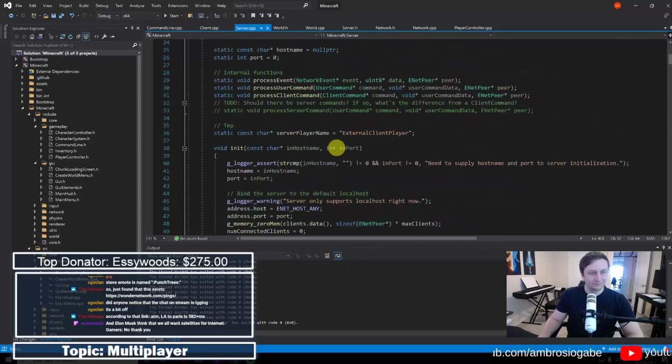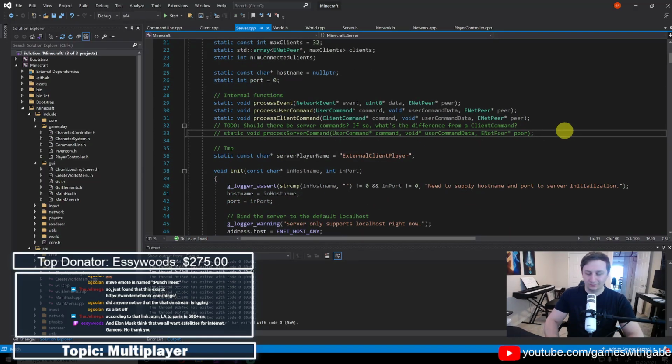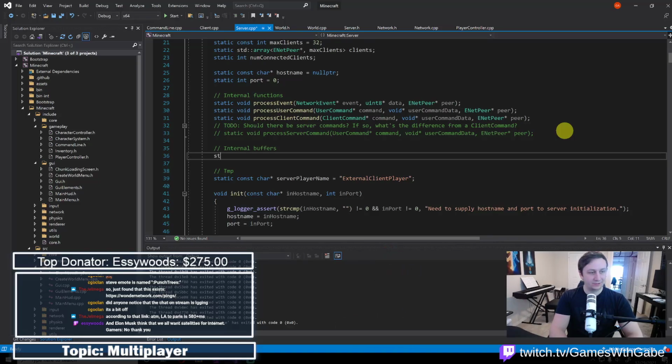So let's go ahead, and what we're going to do is add in our buffer here. This will be our internal buffers for now. Zimz SSBU, thank you for following. Good to see you. Okay, so we'll say static